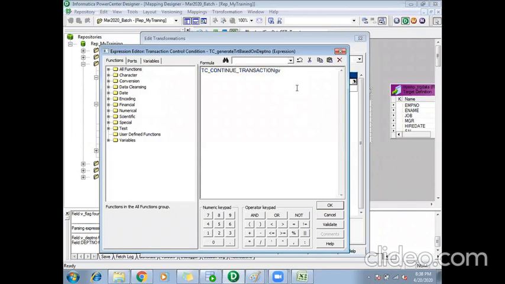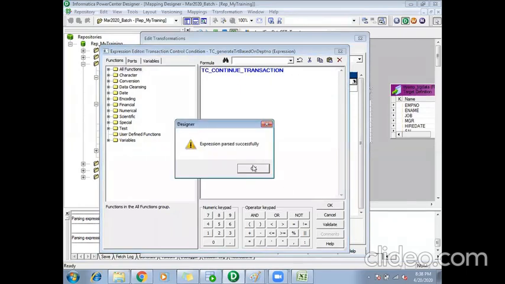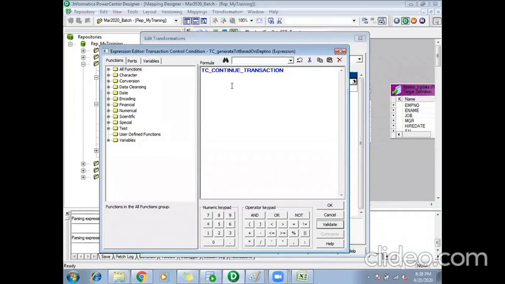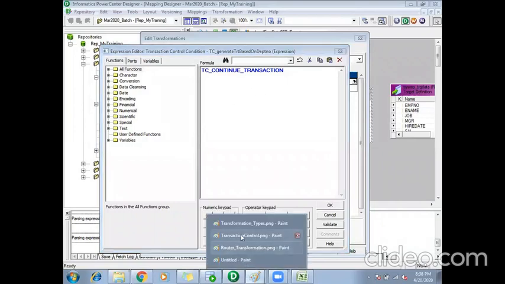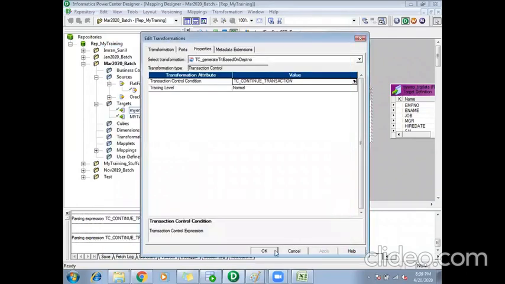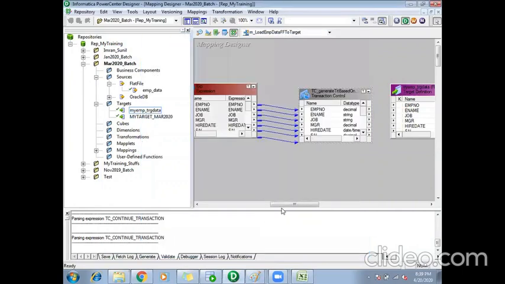If I try to add something here, the blue is gone and it is not valid. So validate, done. TC continue transaction is the default value when we use a transaction control. As of now, I'll keep it as it is and won't make any change.